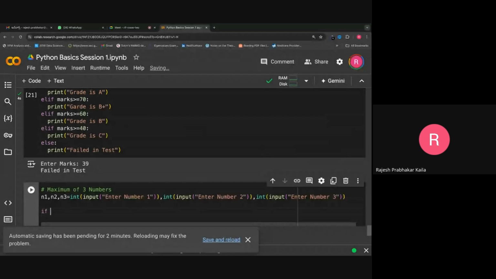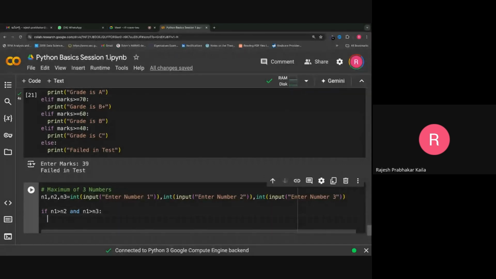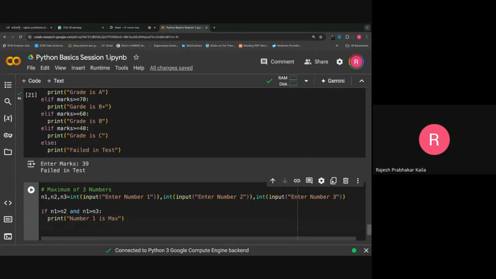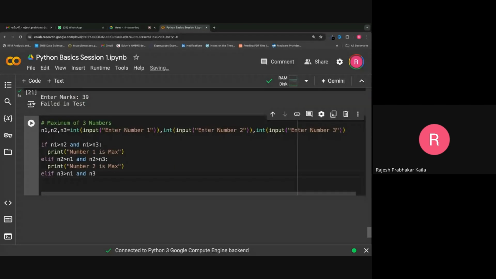So if n1 greater than n2 and n1 greater than n3, print number 1 is max, elif n2 greater than n1 and n2 greater than n3, print number 2 is max,